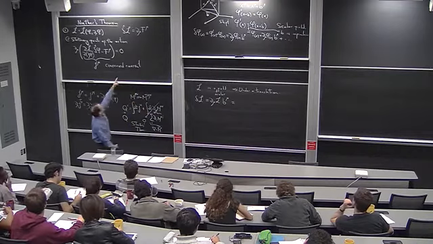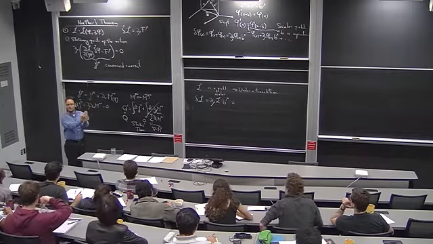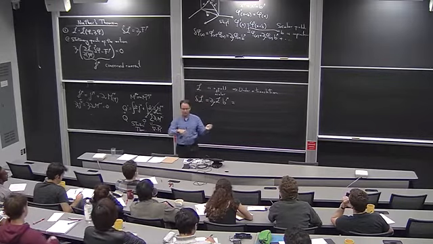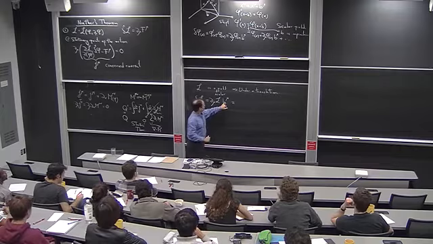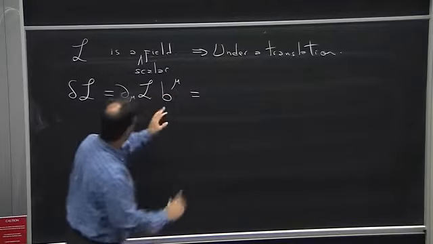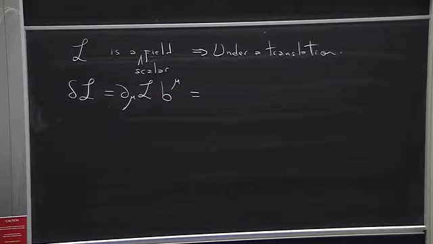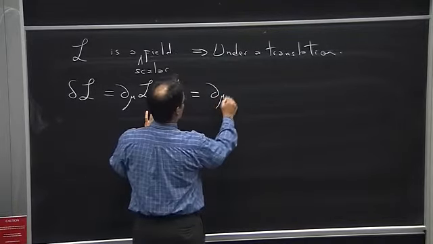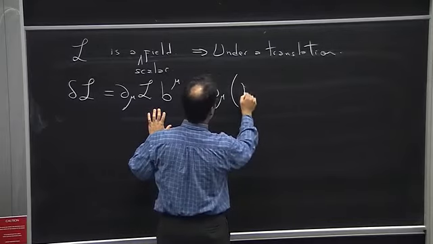But remember, that thing that we wrote there was for a single transformation. So we can think about translating in every direction in space-time as a different operation. So we can think about B translating in the x direction as being a single one. So for a single value of this index, we should be able to rewrite the Lagrangian as a total derivative. So I'm going to introduce a little trick in order to do that, which is just simply saying that